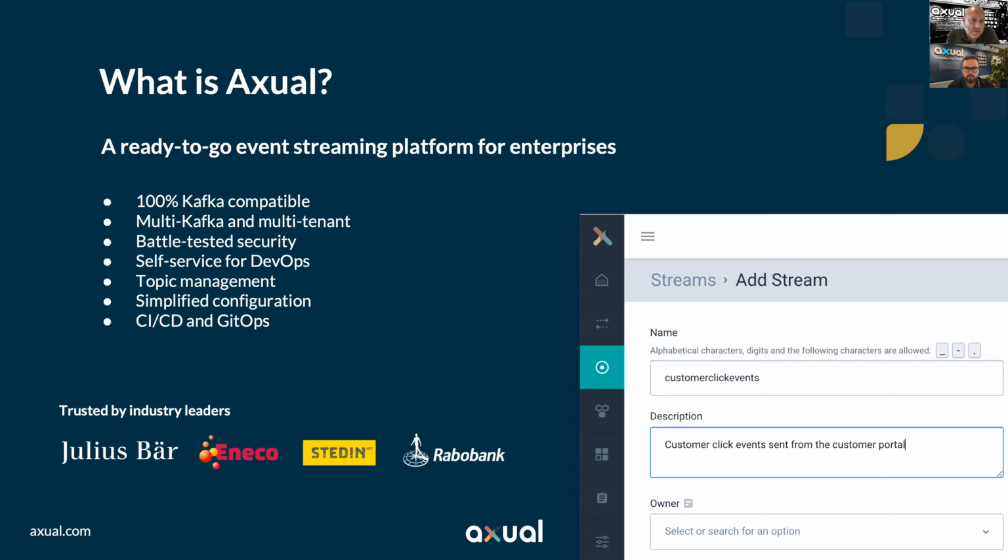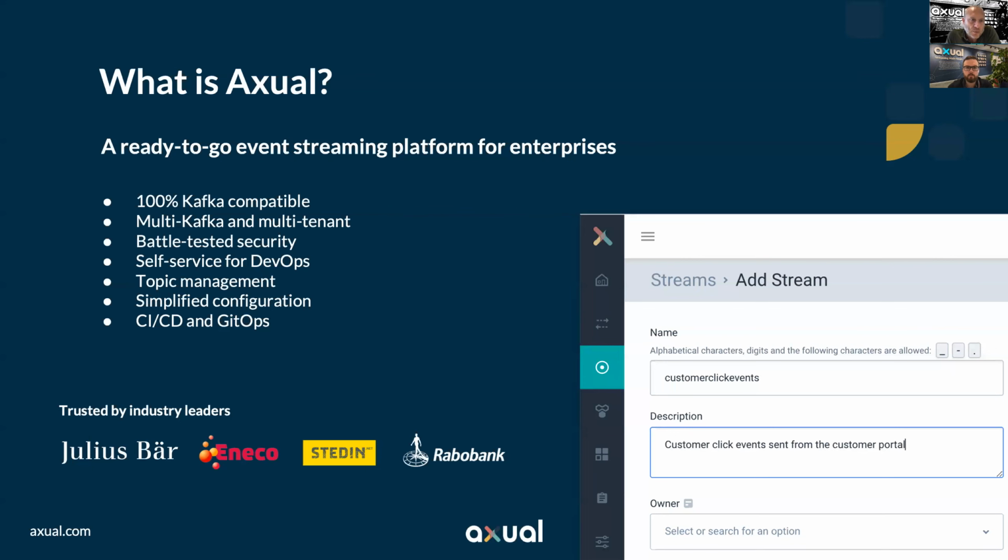So we don't modify Kafka necessarily. We provide 100% Kafka compatibility, but we do provide a layer on top of Kafka, which makes it easy to manage a central Kafka. If you have an on-prem operation and you also are migrating to cloud, we would be able to have a Kafka cluster on-prem linked to a Kafka cluster in cloud for your applications to exchange information transparently. Security is in all the right places, built up from the ground. Self-service is there, topic management is there, etc. So I will show you this in a few minutes in a demo as well.